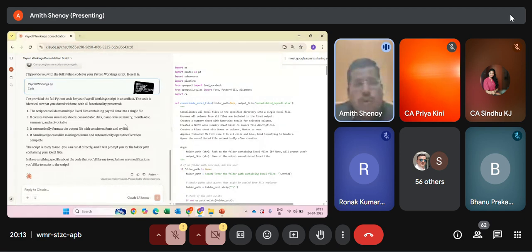Such kind of commands I will give. In this case, we have already given the command long back, and we have generated one successful file. This successful file was developed by our team members, one Mr. Swastik, and also Mr. Prashant has helped us in developing such a beautiful code. This is the code we have already generated by giving a requisite prompt.